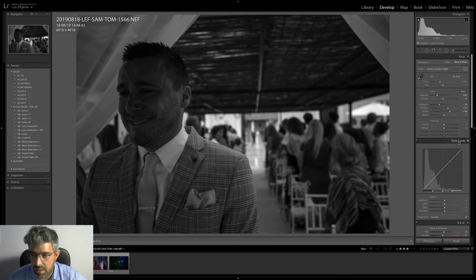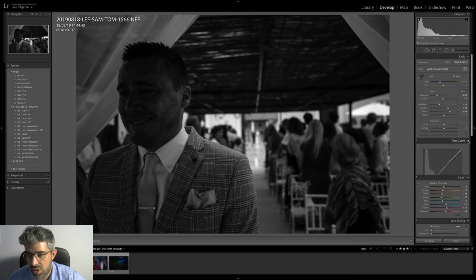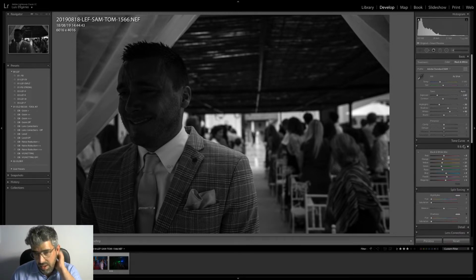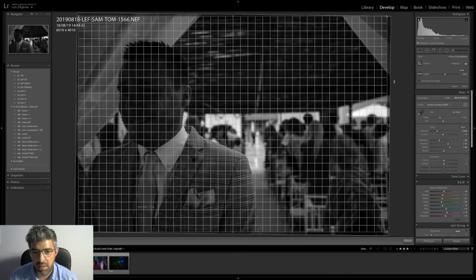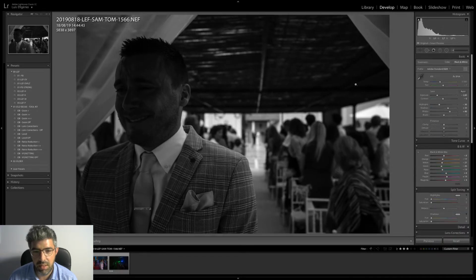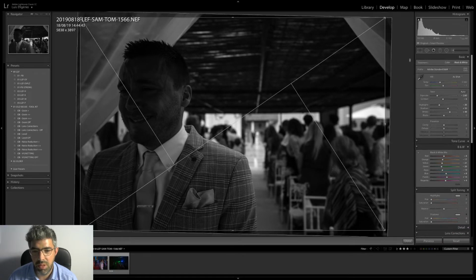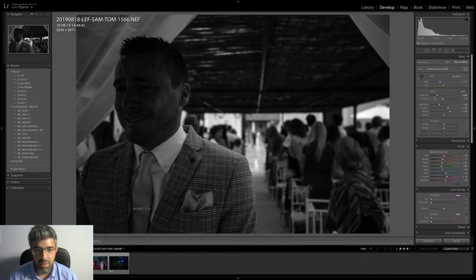and increasing the contrast. I'm mostly on the black and whites. I usually have a starting point of a medium contrast, and then I can change it in the end if I like. For these images, I would love to align the photo just a little bit so that the lines of the horizon will be straight. Unfortunately, I shot this